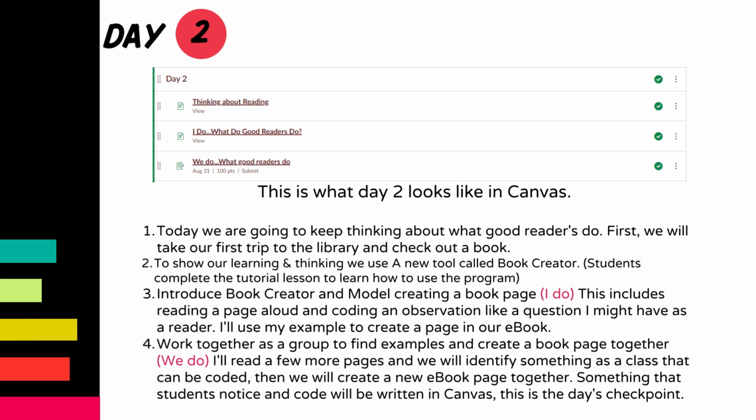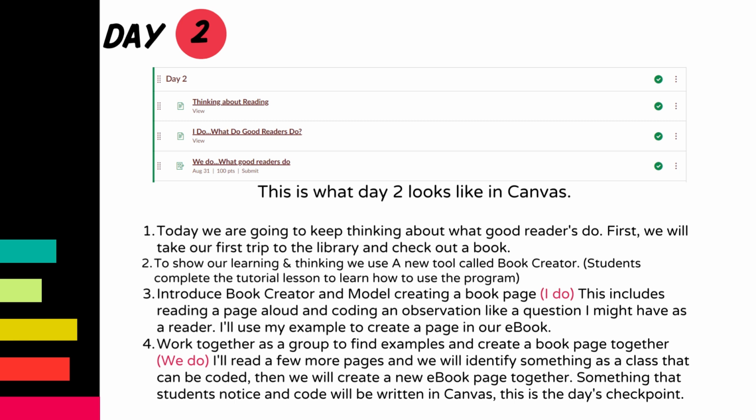Then we're going to we do. So I'm going to read another page of our class book, and together we're going to identify some different places where we've used one of those coding marks, somewhere where we've made a connection or something we can make a prediction about,